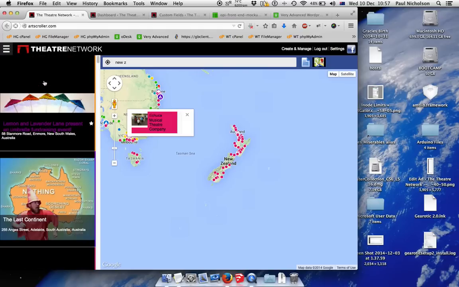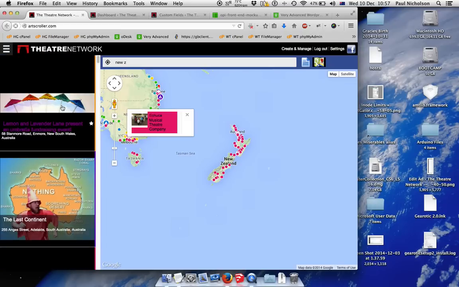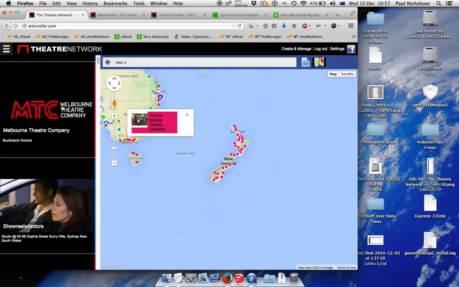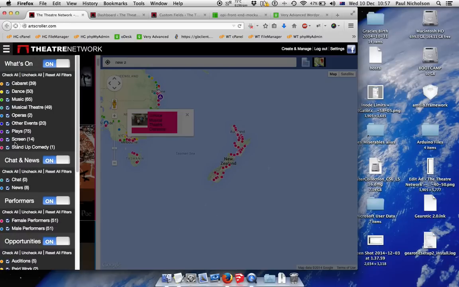This is the index list here on the left. I'm sorry about the lagginess, it's because the screen is being recorded. The index list is a list of all the posts after the filters have been set. So based on the keyword search, which doesn't yet exist, based on the date range filter, which doesn't yet exist, based on the price range filter, which doesn't yet exist, based on the map area selected, which is this area here that you can see in there, and based on the selected subcategories, these are the results